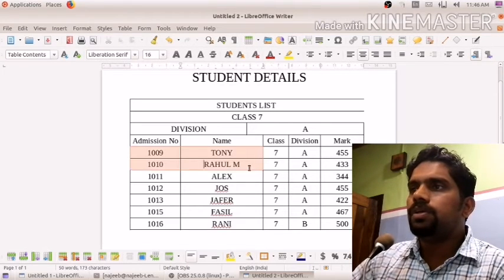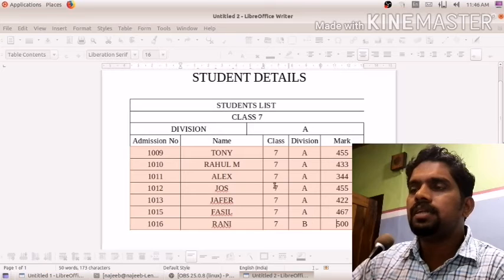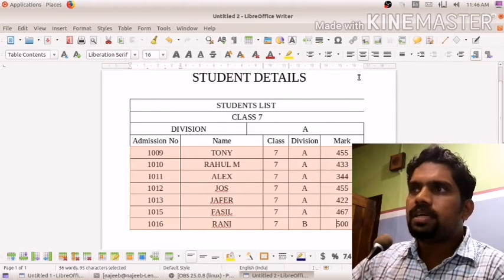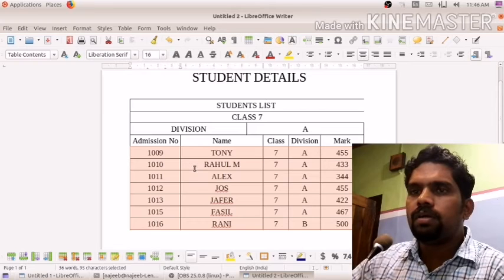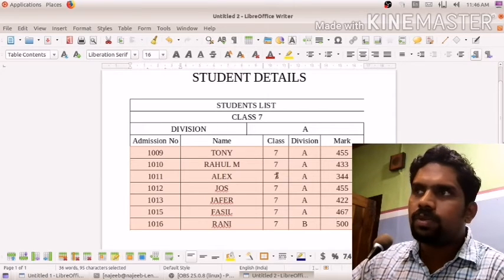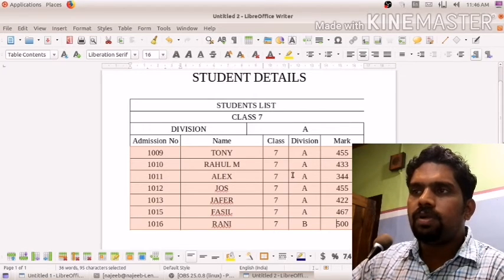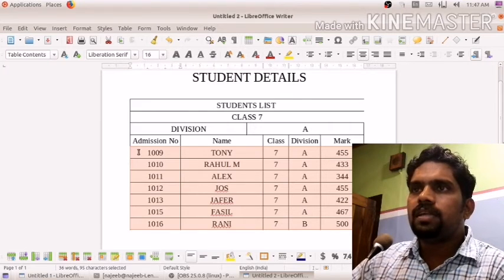Otherwise I will show you, this much details are center alignment. If you want to change this one, another way is that if you want to make it as left alignment, you can just click this one. Okay, no problem, that we know. I just put it as center alignment. If you want to change it to left alignment or right alignment, another way is that we can just click on this